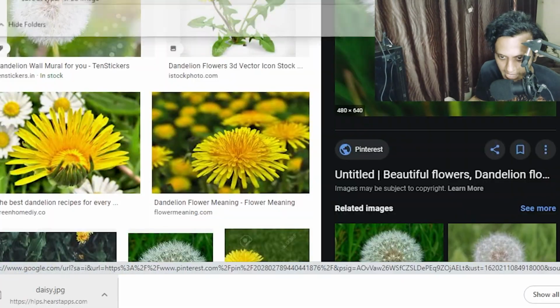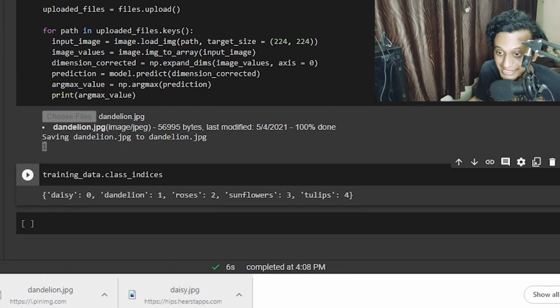So far we have been considering only digits, the MNIST numbers, and that project was quite associated with numerical values that were converted into an image. But in this video you are going to take the actual images and interact with them. So how do we do it? Let us now see it in practice.